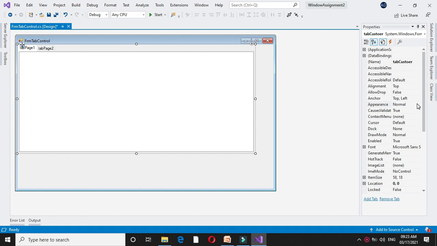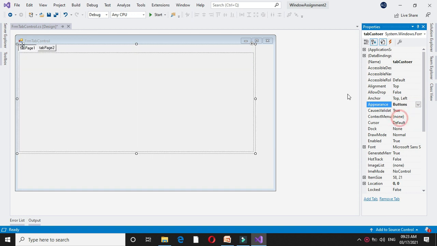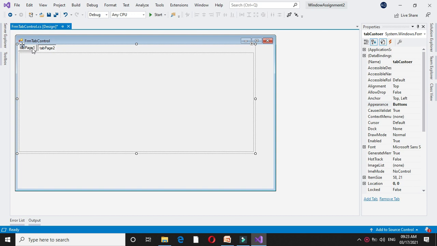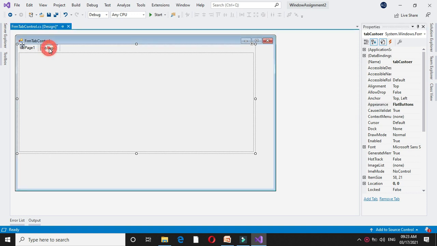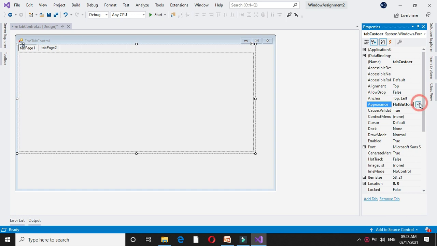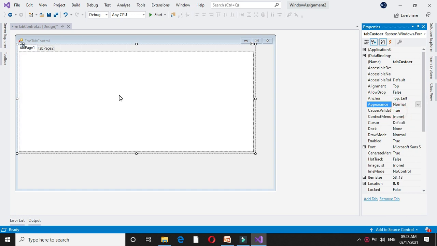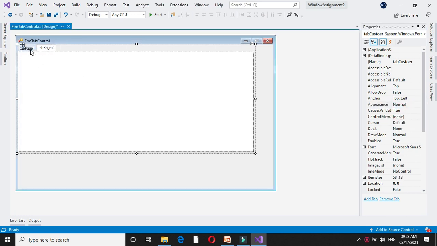If the appearance property is buttons, tab page 1 and tab page 2 are displayed as buttons. If its property is flat buttons, it appears as flat buttons. And the default property is normal, which displays tab page 1 and tab page 2 as normal.